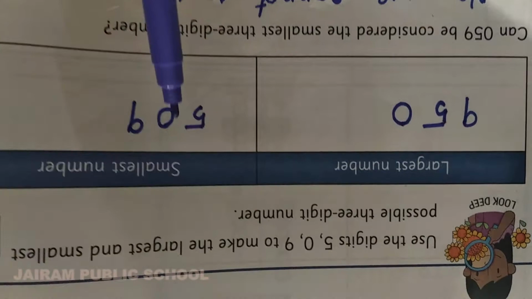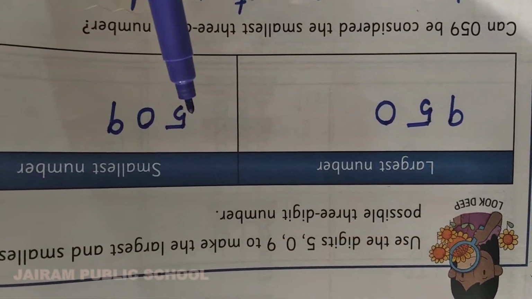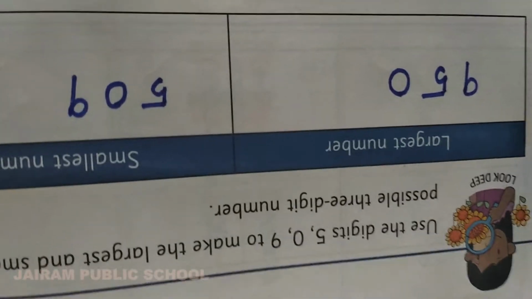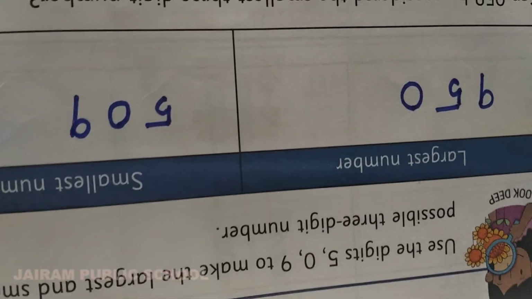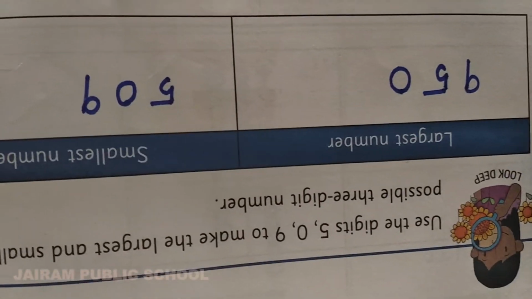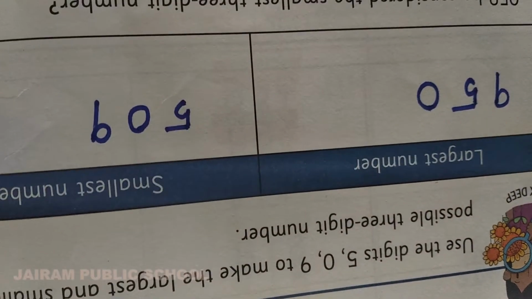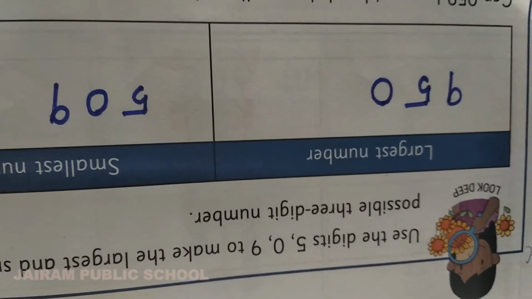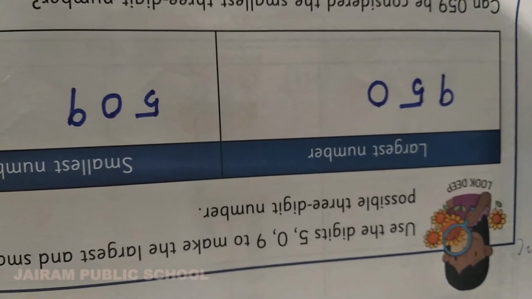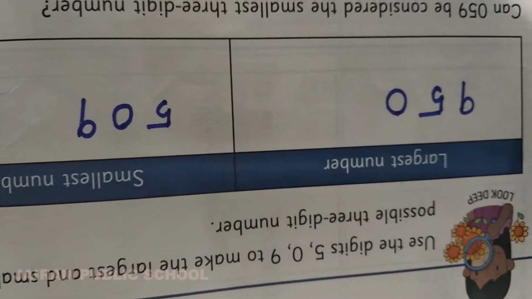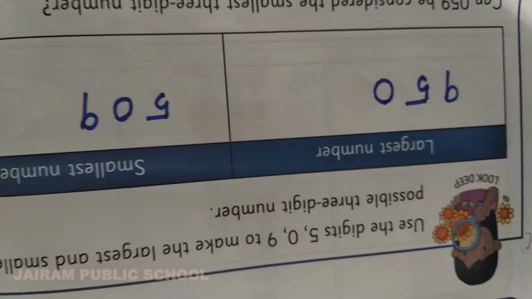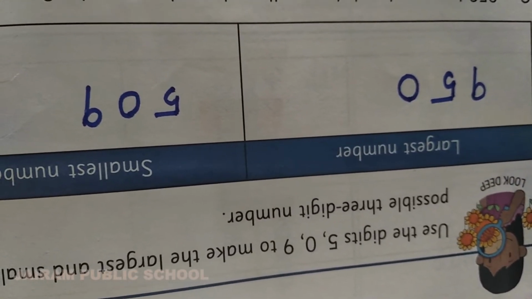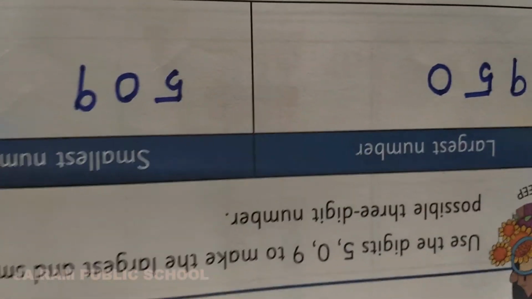So for that only, you have to write the smallest number other than 0 first. After the smallest number, secondly you put 0. And after that you write the remaining numbers. Okay, Kana? And you should not put commas. You should not put commas for the numbers while writing the smallest and largest number. In the question they will be giving commas. Here you have to write only the numbers, no commas.